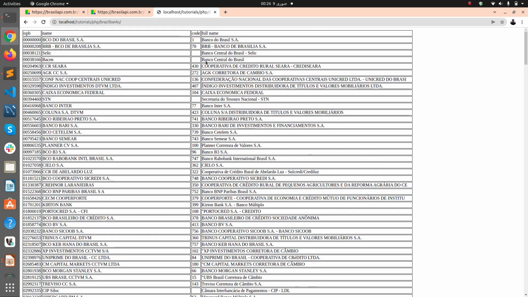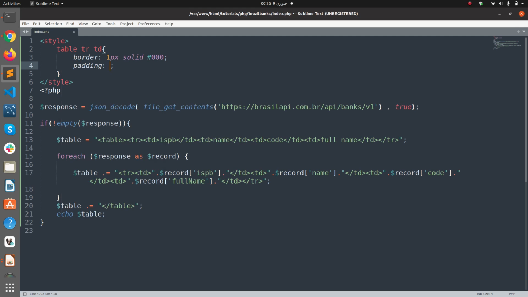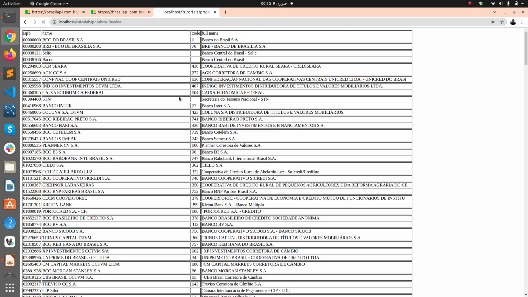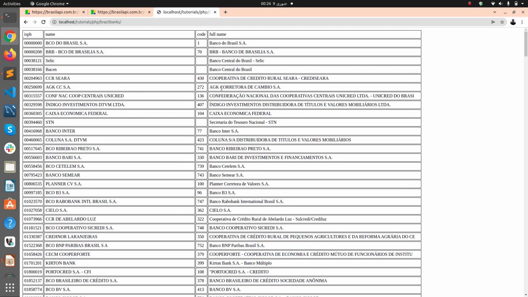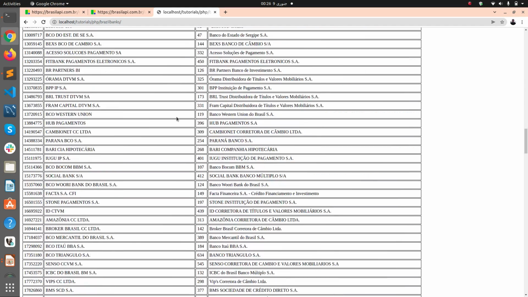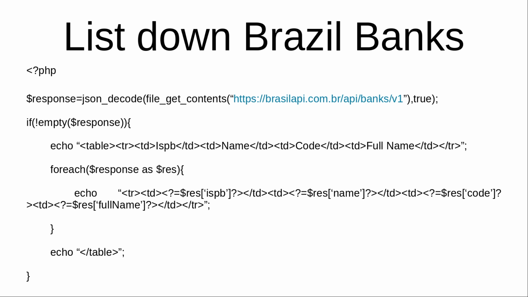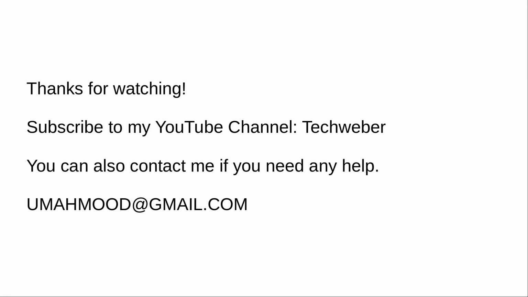Okay, now you see we have the border in place, and we can further add padding of 5 pixels so it's clearer. Yeah. So that's how you can pull data from the BrazilAPI.com using PHP and list it down on your own. I have uploaded this source code on GitHub and provided the download link in the video details on